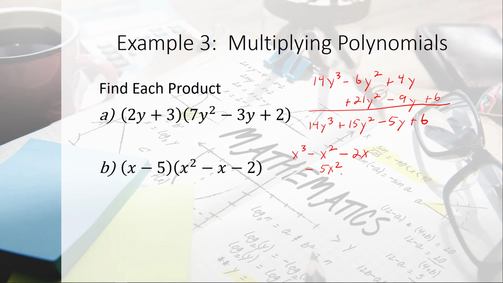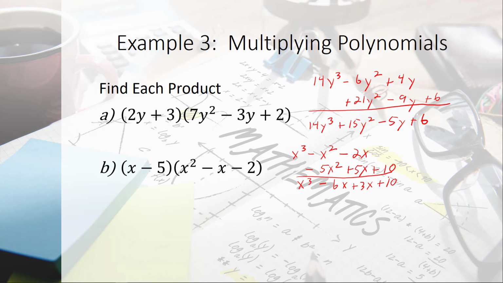Negative 5 times negative x is positive 5x. And then negative 5 times negative 2 is plus 10. And then we can sum all this up, and we will have x cubed minus 6x squared. And then negative 2x plus 5x is plus 3x